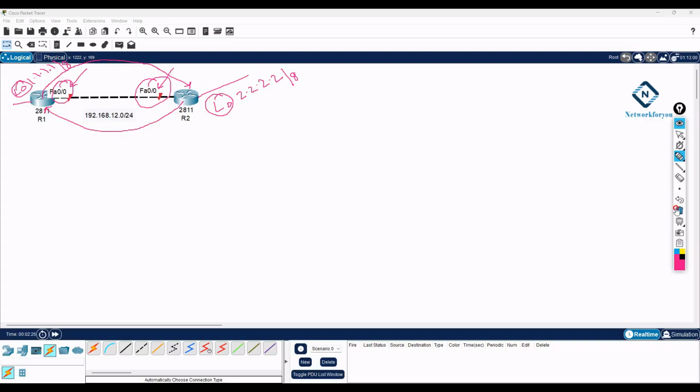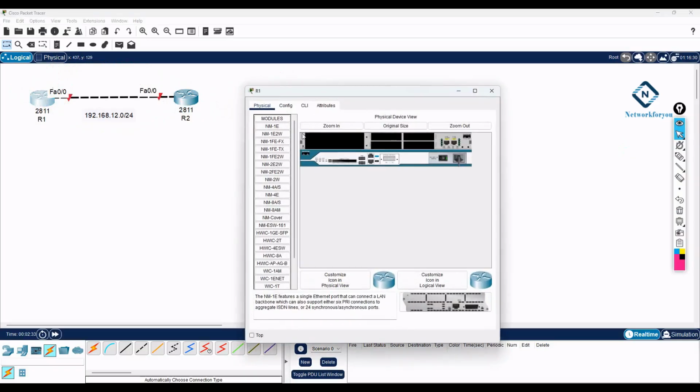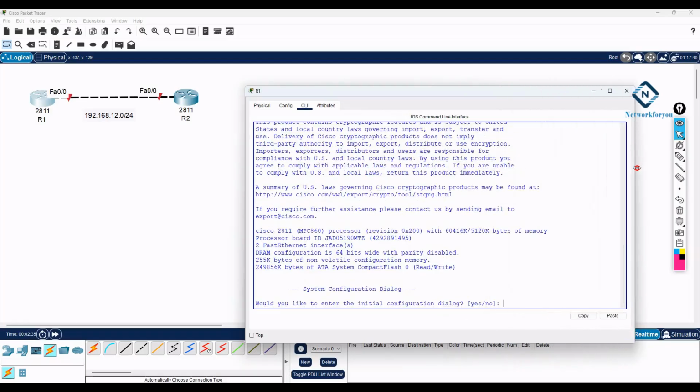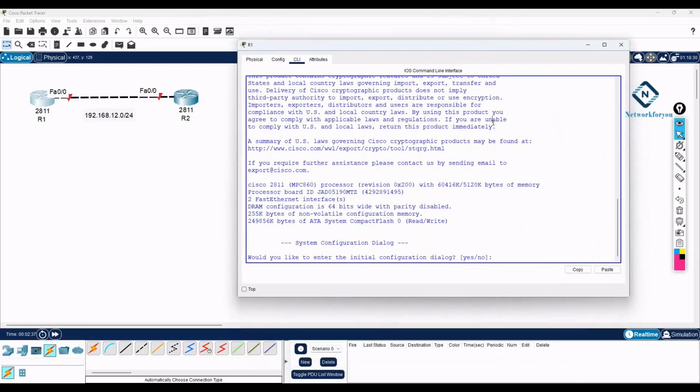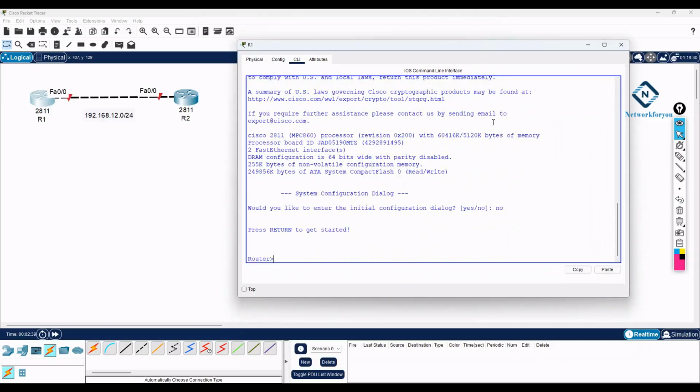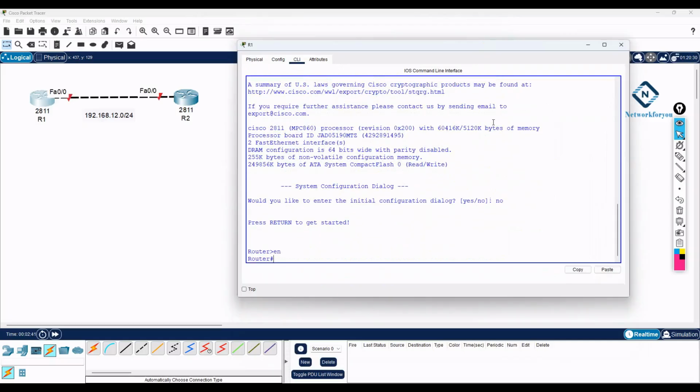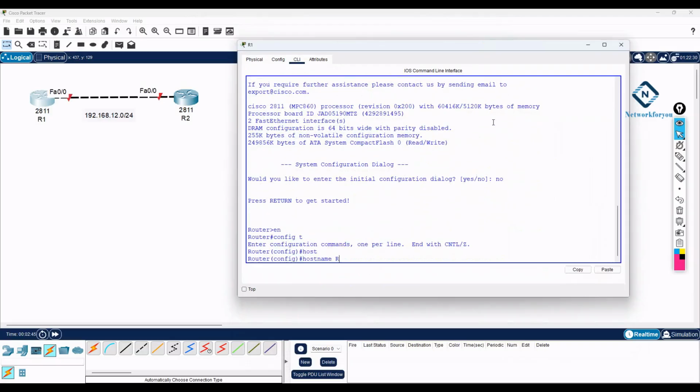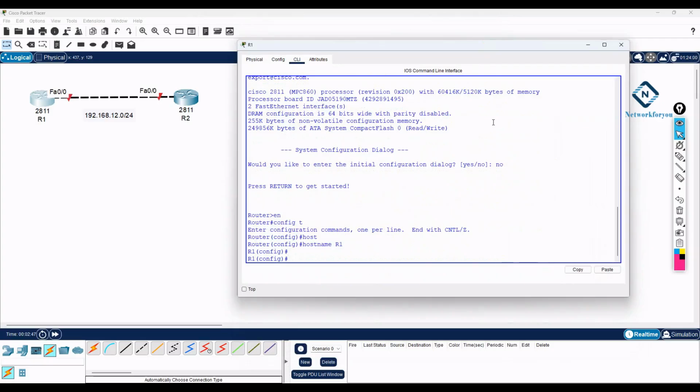So let's do it. It will take a few minutes. No need to go for Notepad, I will do it directly here. This is the CLI of the router. I will do the configuration directly here. Now I am in privilege mode. I will go into global configuration mode and change the name of the router to R1, and now I am going to assign the IP address to this interface